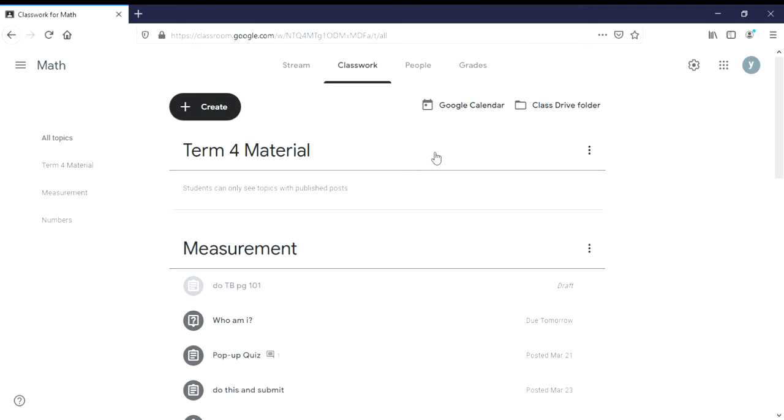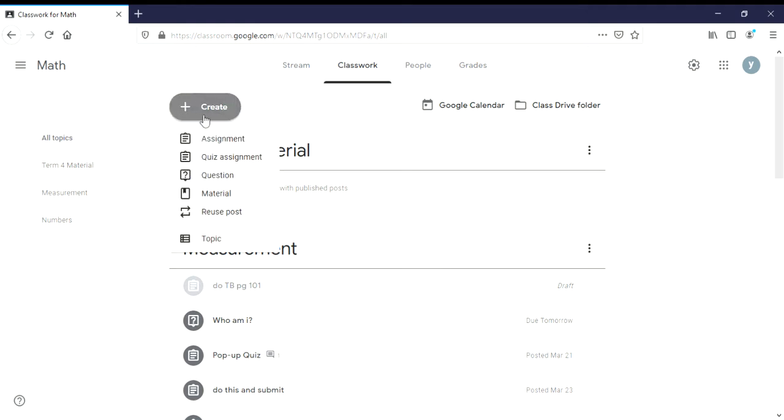After that, the 3 main features that you are going to use are material, question, and assignment. You can see it from the logo. There are 3 different logos. One is the material.